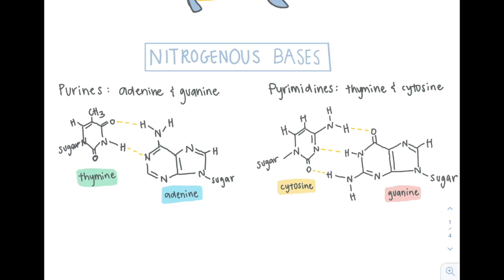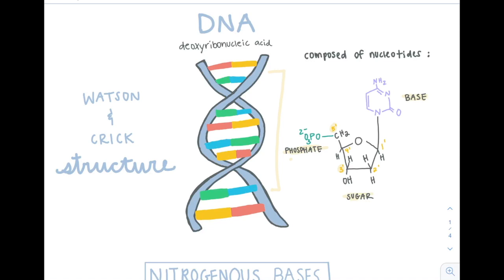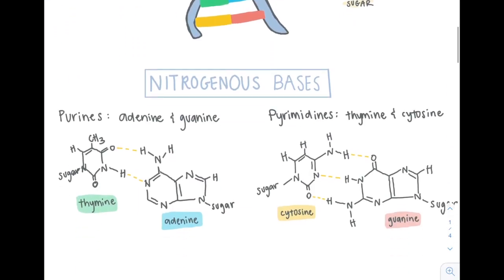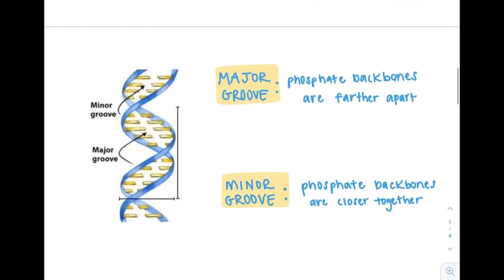Nitrogenous bases are paired and stacked in DNA, which can be seen again in this drawing. And you can see that they are stacked over top of each other, and this is called base stacking. These different nucleotides are again linked through strong phosphodiester bonds. And within these nitrogenous bases, you can see that there are hydrogen bonds, which are seen by the highlighted yellow dashes. These aren't strong, but they allow the nitrogenous bases to pair together.